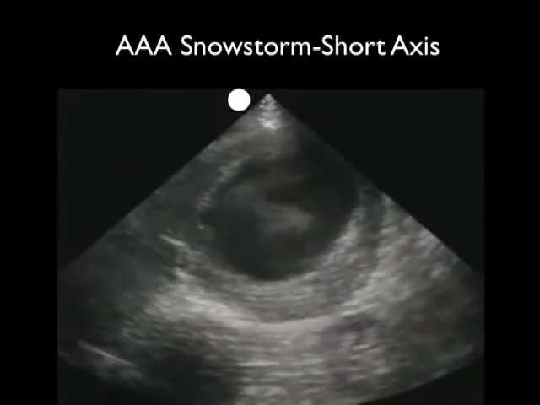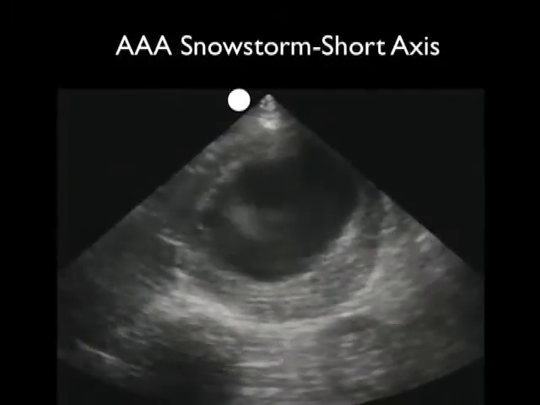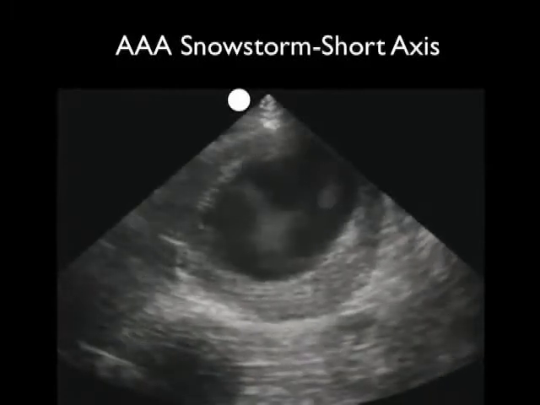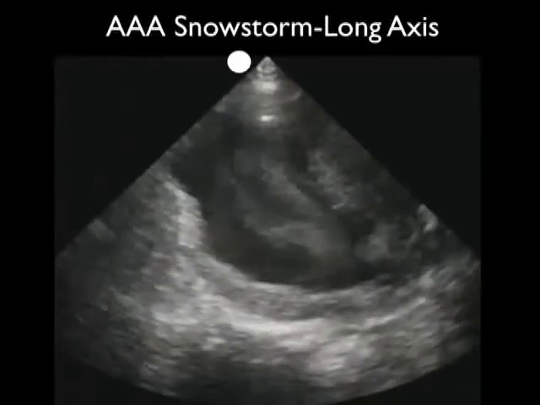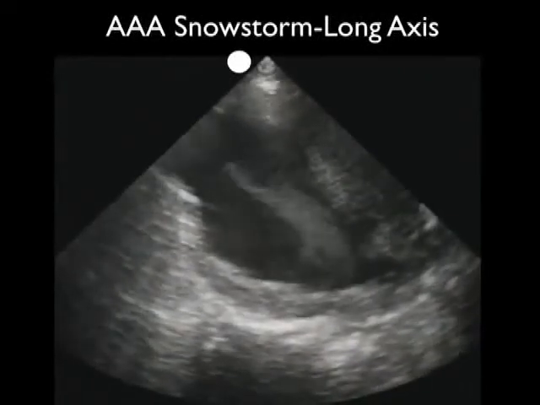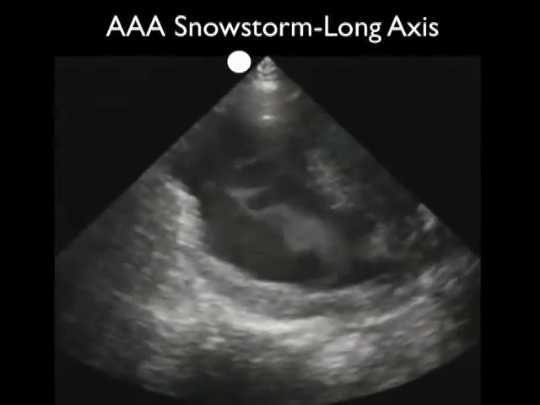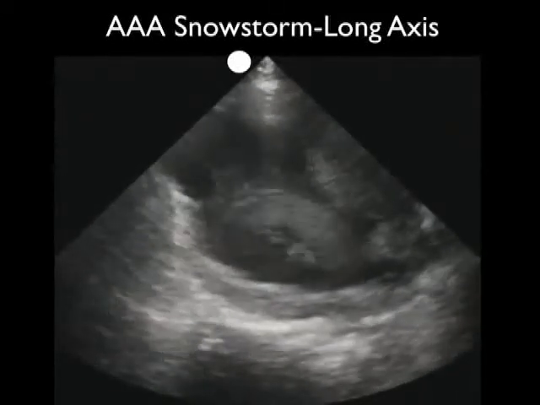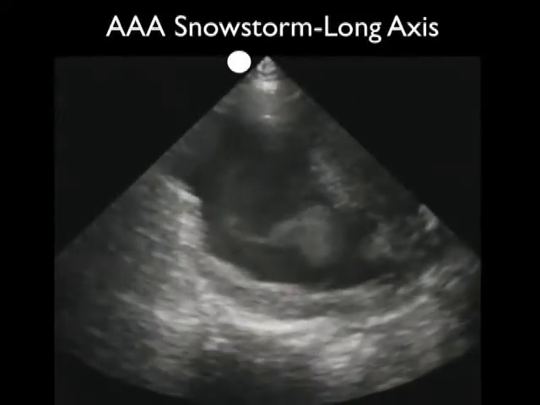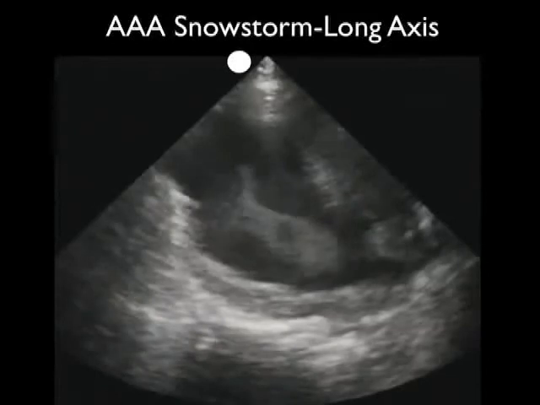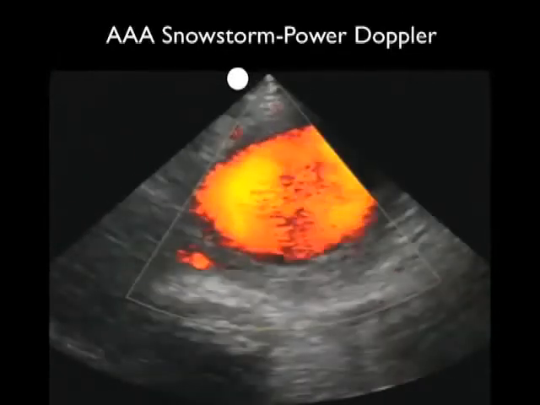in a patient who presented to the ED with abdominal pain during a snowstorm in New York City in January. Notice the very large AAA and the chaotic flow of blood inside. You can almost see the thrombus deposition from the swirls of blood in this very large AAA. Here's a long axis configuration of the same AAA, and again we can almost take the patient's heartbeat or pulse by measuring the movements of the swirls of blood within this chaotic flow of blood within the large AAA. And we can see the deposition of the thrombus both on the anterior and posterior walls of this very large